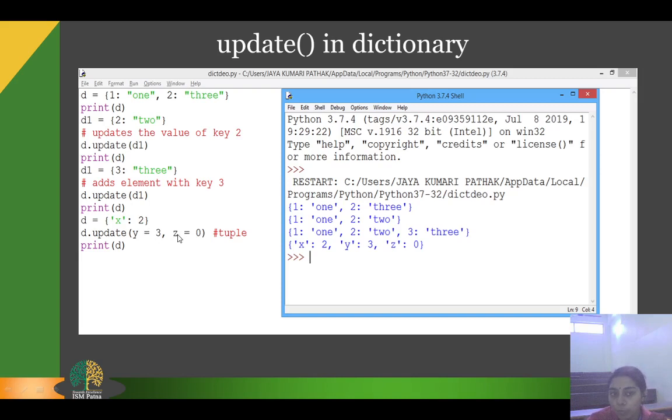So these two elements get inserted in key value form in the dictionary D. As you can see, X colon 2, Y colon 3 and Z colon 0 are the elements which get updated in the dictionary. So the update function is used to update the existing element's value, as well as if the value passed with the dictionary does not exist, it will add the new element to the dictionary.